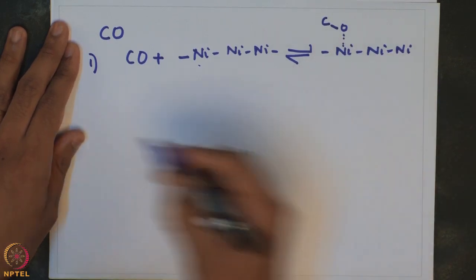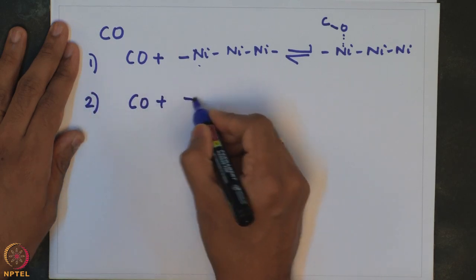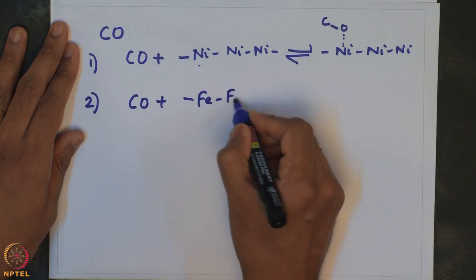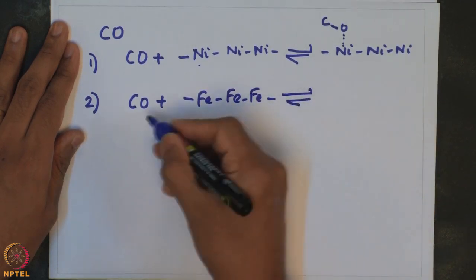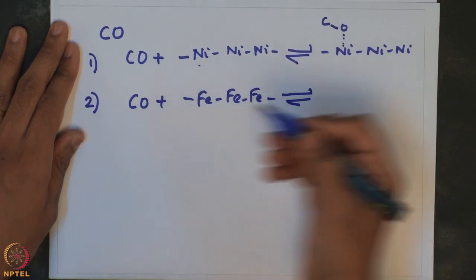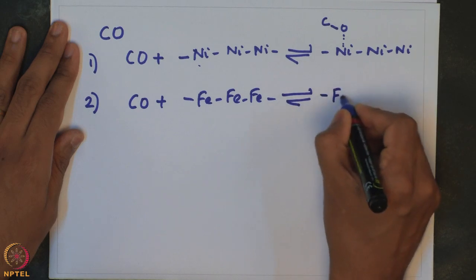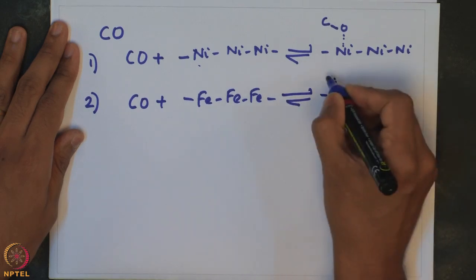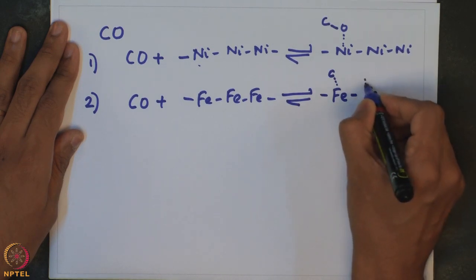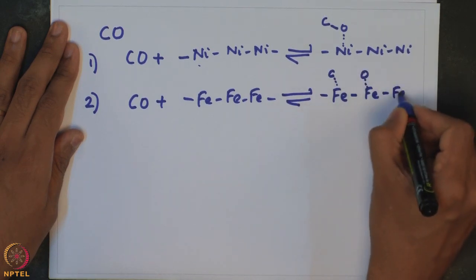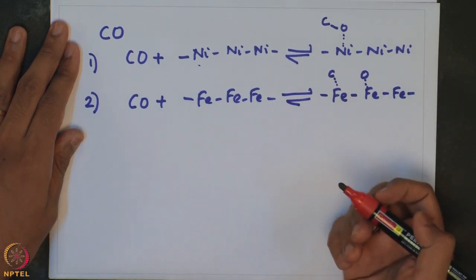or it will form a bond with the nickel catalyst which is present. There may be another possibility where CO, let us say, is in the presence of an iron catalyst, then the molecule might dissociate and the species would go and bind to different sites. So, for instance, on Fe, you may have the carbon atom sitting here and the oxygen sitting on another site. So, there are two different ways by which the adsorption can happen.